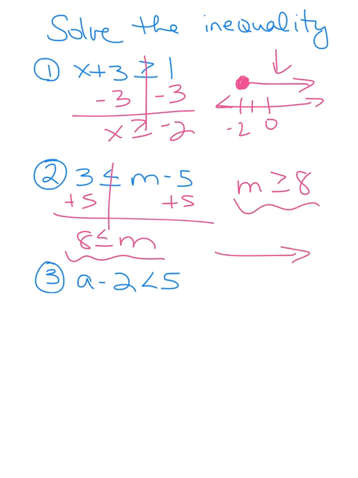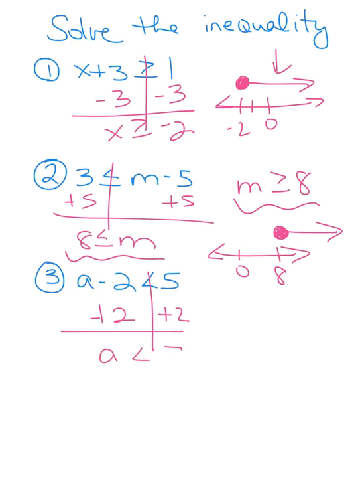So again, if I were to graph that, there's my 0. I'm going to make my 8 up there somewhere. And again, I have a closed circle to the right because I'm talking about all values that are greater than or equal to 8. And number 3, again, I'm going to draw my wall along my inequality. I add 2 to both sides, and I have a is less than 7. So if I were to draw a graph, have my 7 up here somewhere, I have an open circle because I'm not including 7. It says a is less than 7, and my arrow is going to go to the